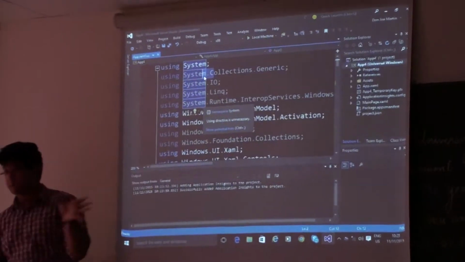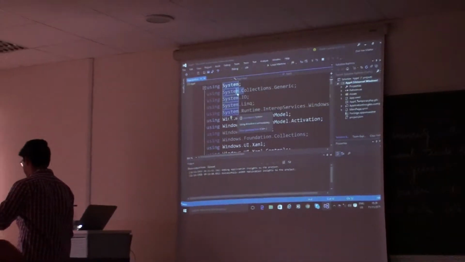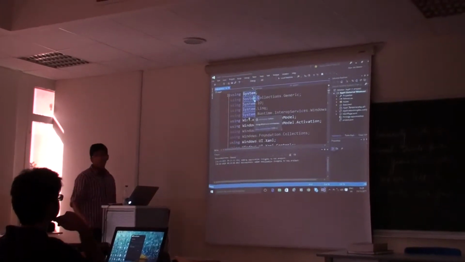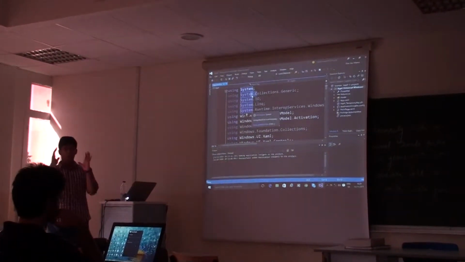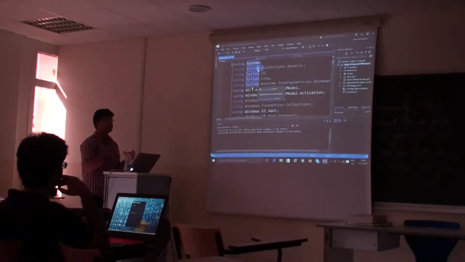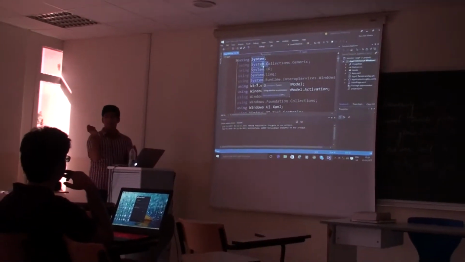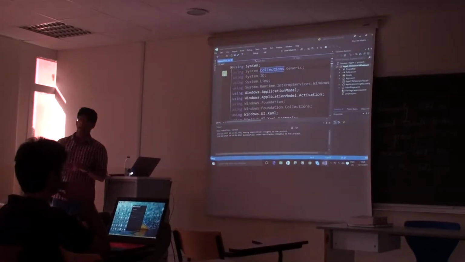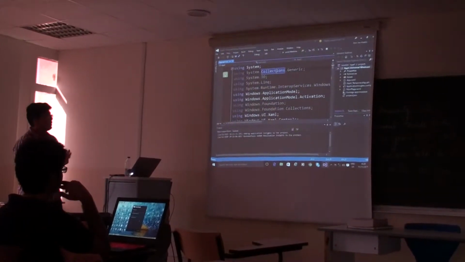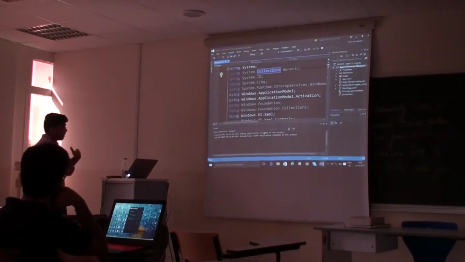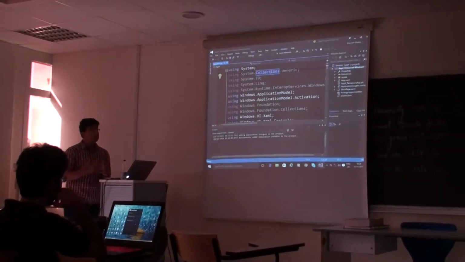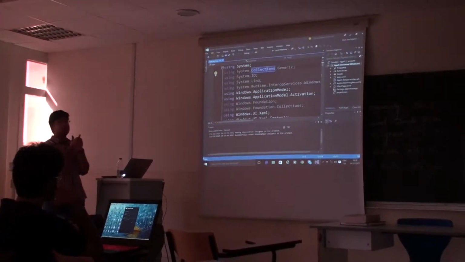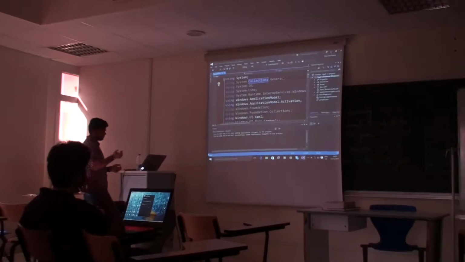Now what exactly are namespaces? Namespaces are spaces in your memory that are named for a particular reason. The simple reason is that the space contains a defined set of functions that you can access using these dots. There are various kinds of namespaces, and again you don't need to know all of them, because once you start writing your program, Visual Studio itself will automatically suggest which namespaces to use and which functions to use. So you don't need to worry about that.